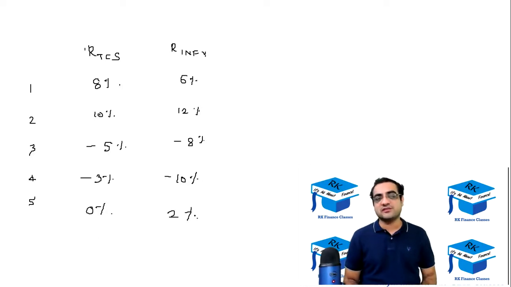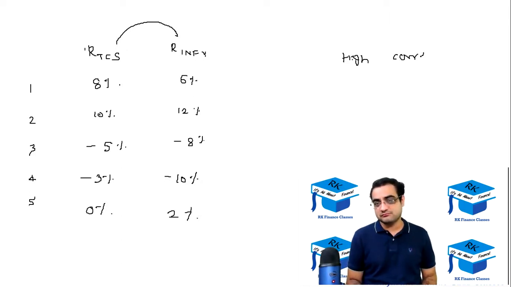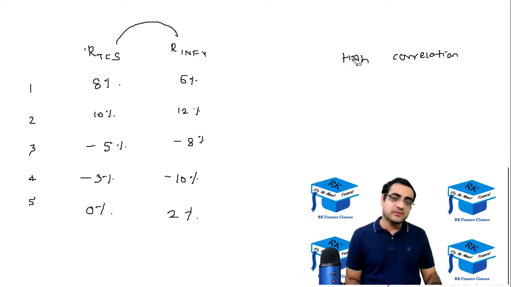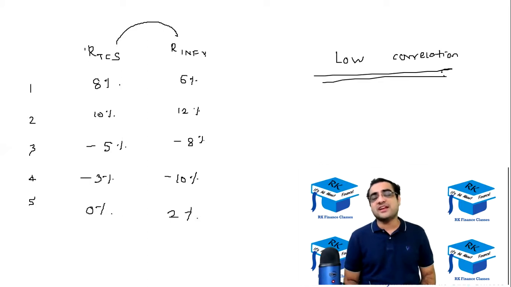Okay, so we got the returns of TCS and Infosys. Using this past historic returns, we'll be calculating whether TCS and Infosys are highly correlated or not correlated. If they're highly correlated, in that case, the diversification strategy of including TCS and Infosys will not be a good strategy. But if the correlation between them comes out to be lower, then in that case, the diversification strategy of including TCS and Infosys would be a good